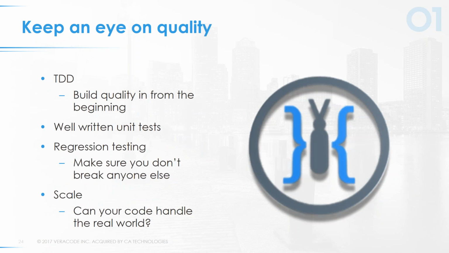Secondly, quality. So this was, again, the one that we picked up when we went through our Agile transformations. Being able to build quality into the application, the feature that we are working on, the story that we're writing, thinking about writing my tests up front so that way when they pass, I know that I'm complete. Writing good unit tests and regression tests, understanding how it will scale and how it will work with multiple instances of the microservice running and who's going to take care of what. How things connect together inside of this world is critical.